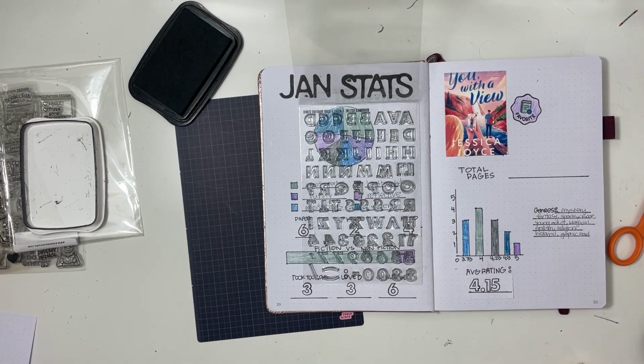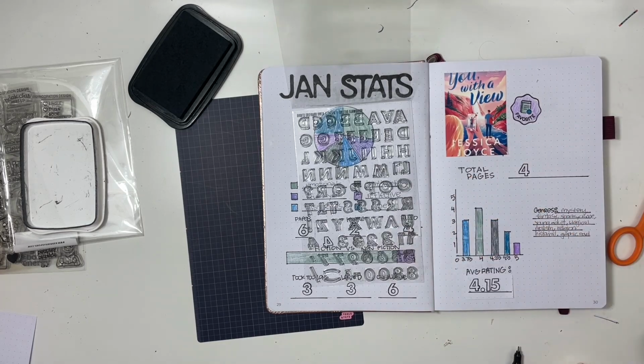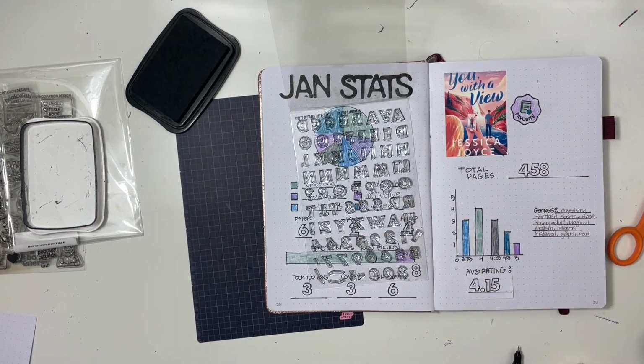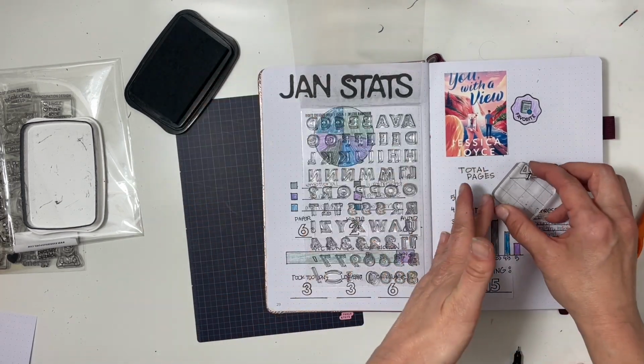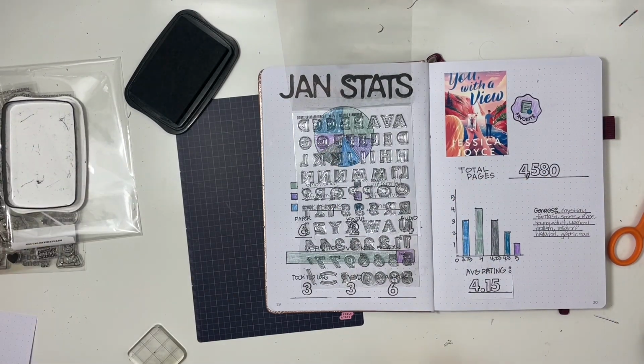4.15. And I just love this stamp set. I can't get enough of it because, again, it is a fantastic number set to color in if you wanted to. I'm so glad that I got it, and I definitely feel like I need more alpha stamp sets in my life. Total pages read was